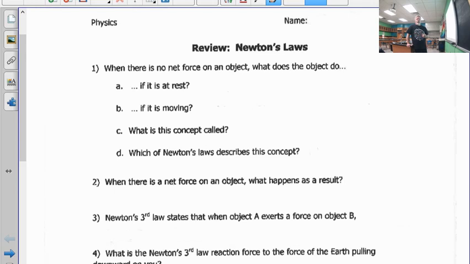Normally on Thursday, I try to do labs or some sort of demonstration, but with the short week this week, I wanted to do some review of what we had started before winter break, and that was Newton's laws. We did a little bit of that earlier this week. Today, I wanted to go through a full-blown review